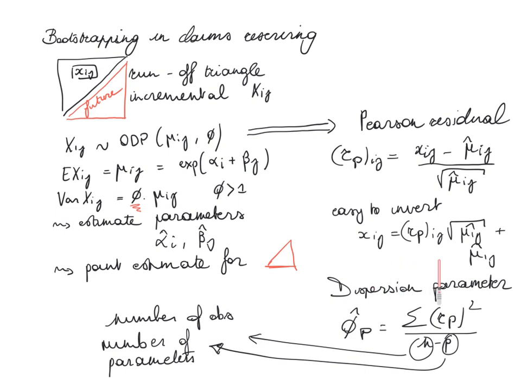That's this guy. So if I have a residual and I couple it with the fitted value for this particular cell ij, then using this formula over here, I can get a corresponding incremental claim amount xij. So the only thing I do is shuffle these residuals around. And Pearson residuals, and these adjusted Pearson residuals, we get